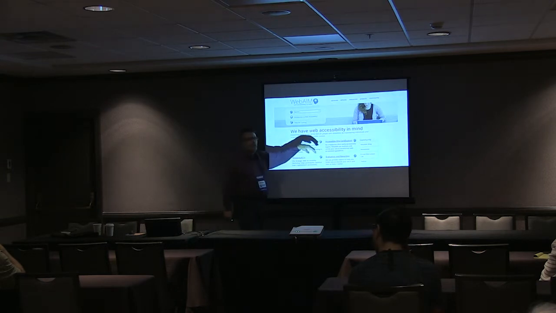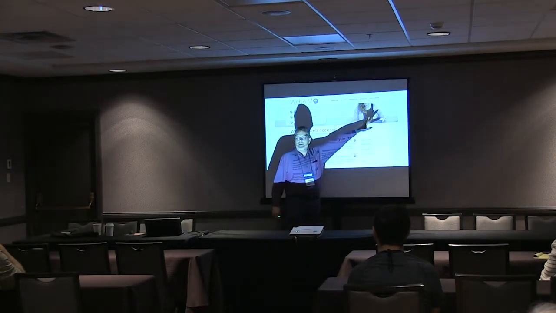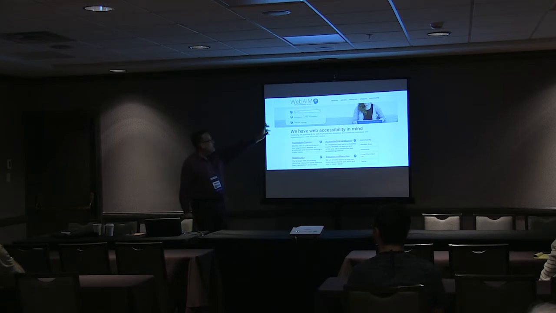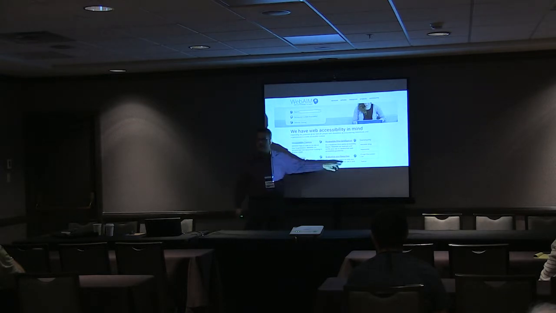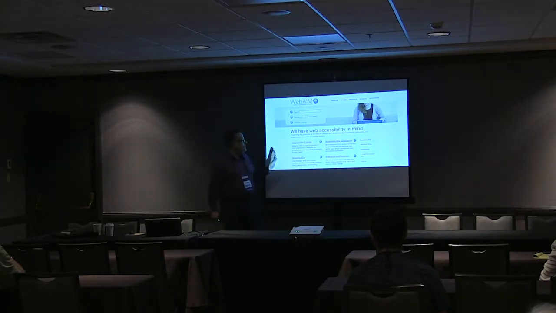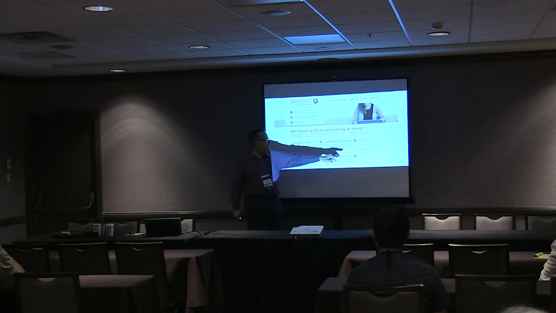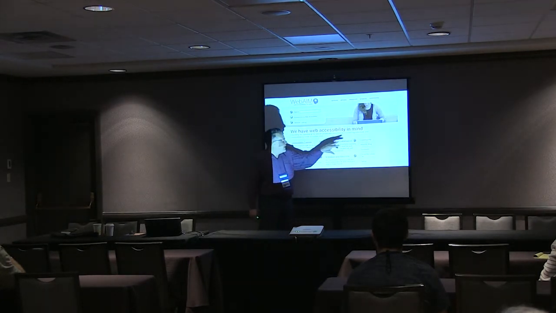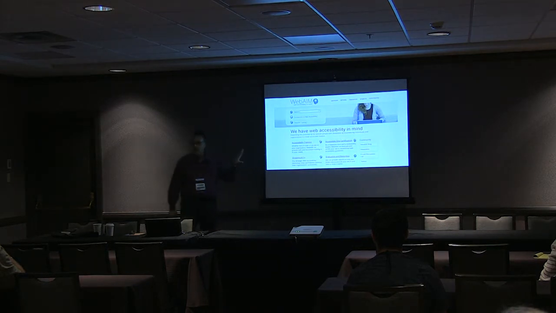I can tell visually that we have a main navigation up in the upper right. I can tell visually that we have a big primary heading. I can tell visually that we have a search field. I can tell visually that we have other smaller headings down the page. I can tell some things are clickable because they're underlined. Other things look clickable because they're a different color and they're differentiated enough from the surrounding text. I can get all that just by looking.